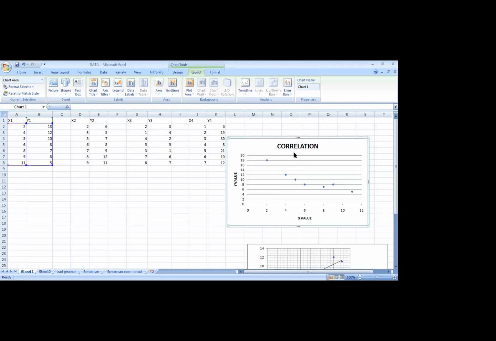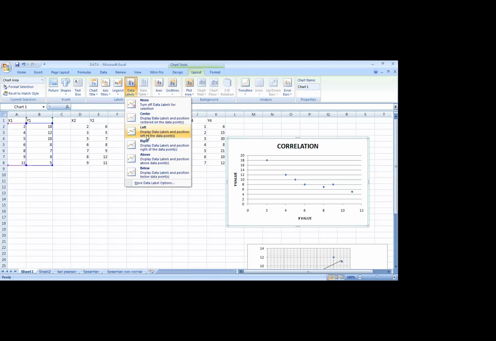We should give the graph title. We should give the axis titles also. And if we are plotting a bar graph or pie chart or something, we should show the data value labels also here. For a scatter diagram, it's not necessary to put any data labels. But if we are plotting a bar diagram or pie diagram, we should give the labels. That will be more informative. Someone else referring to our data will find it more useful.